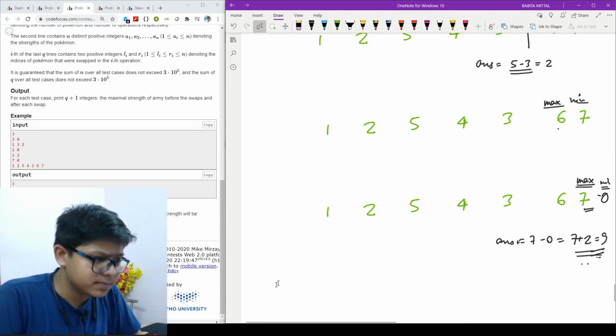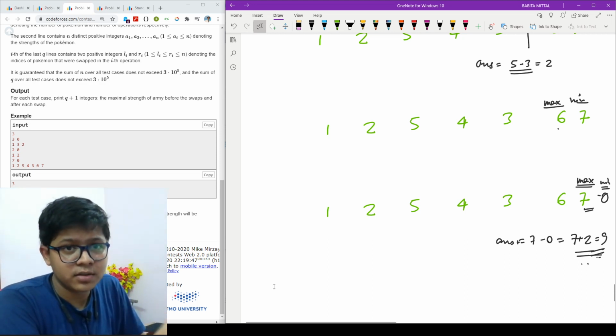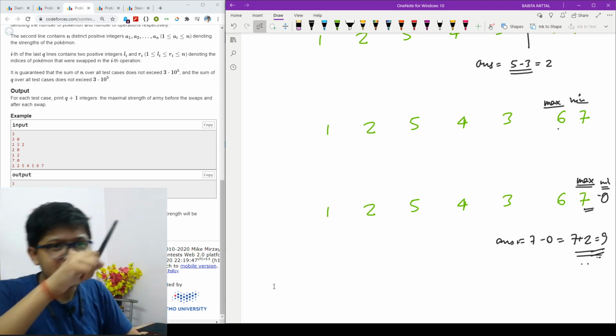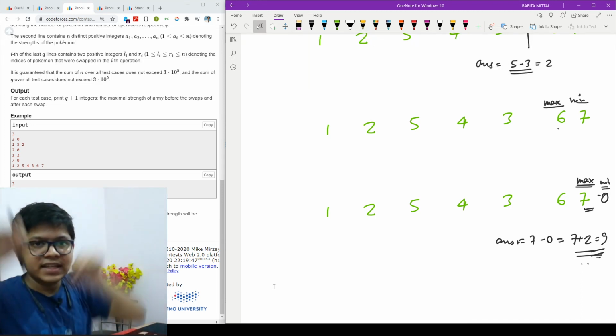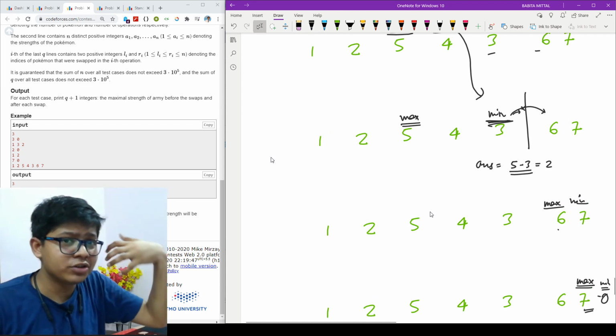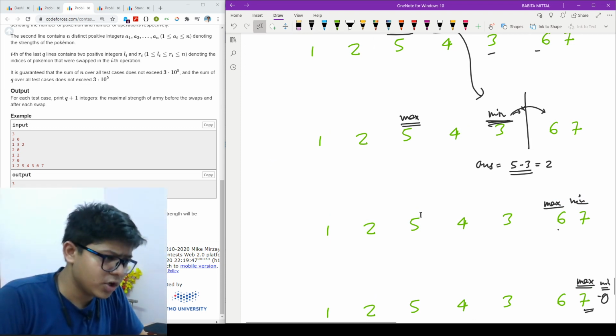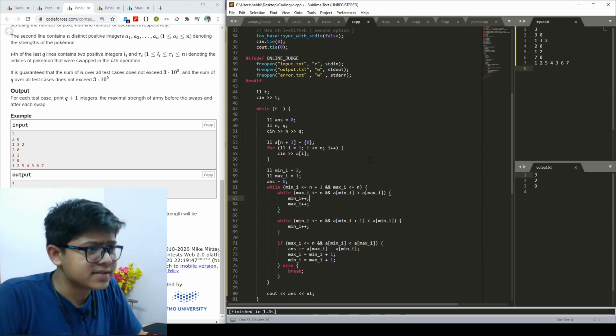Let's quickly see the code. Although I'm saying that it can be a one-line code as well, because you can simply add the values, that is the basic intuition: how you think of those values, or how you find the answer for those values. But yeah, let's see for now.